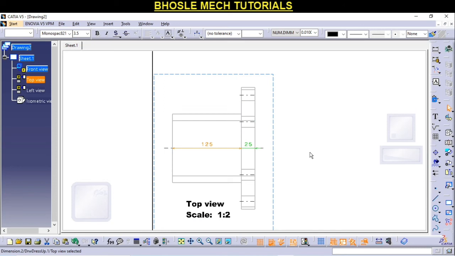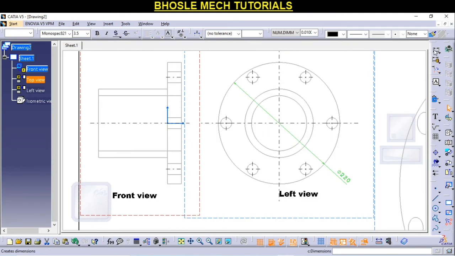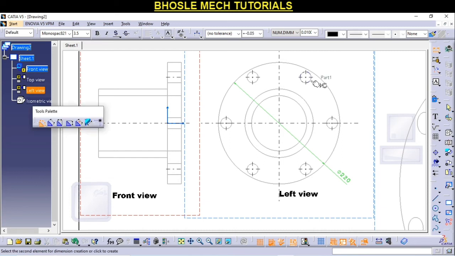Okay, now some dimensions are missing, then go for this dimension and click on this. Like this you can give additional dimensions also.